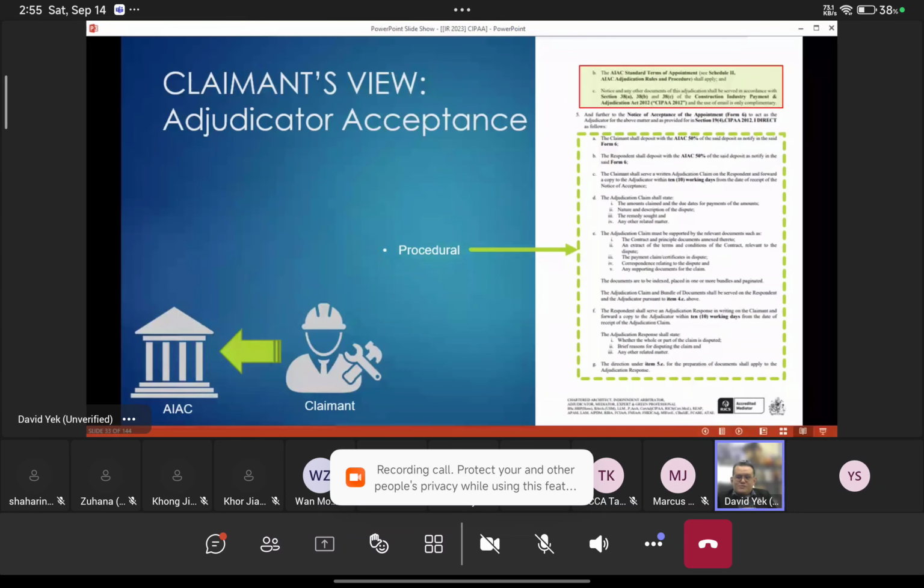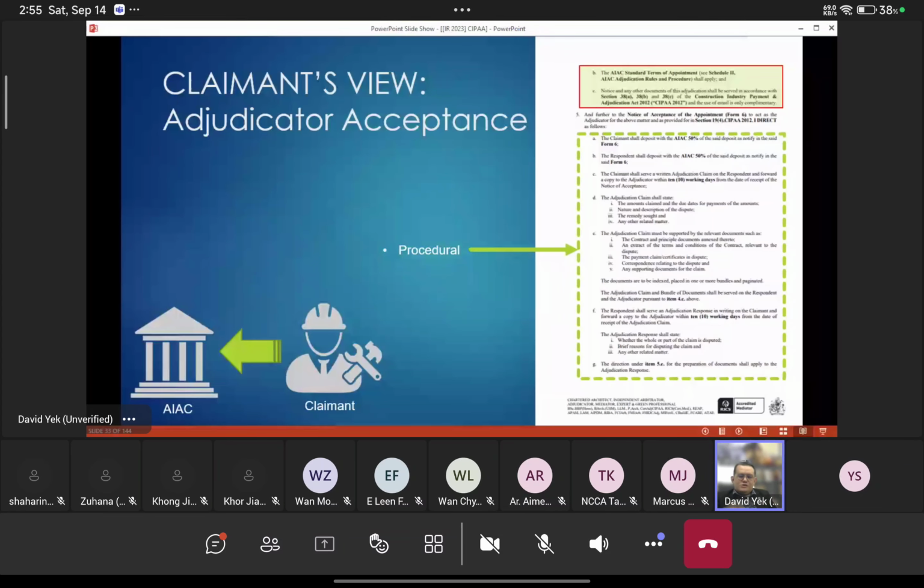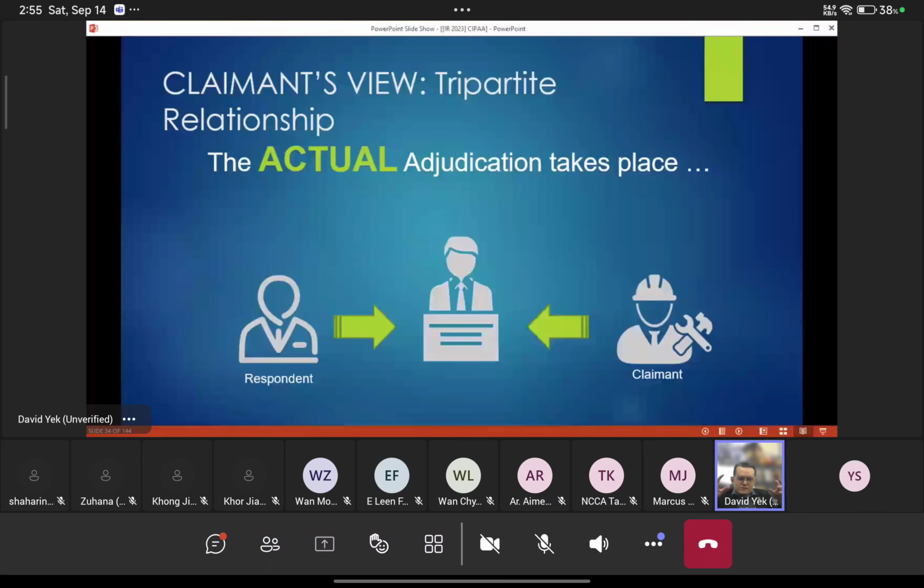Your submissions have to be done in this order, have to include this or have to include that. All these things are the procedure. This is just one example. Then after that, there is a relationship between not just the two disputing parties, now including a third person